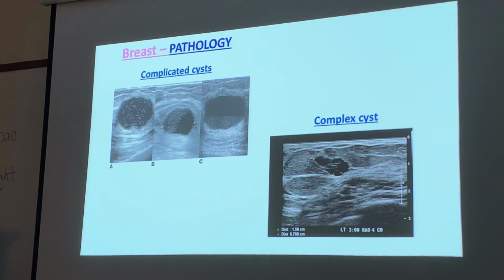Yes, ma'am. So the complicated cyst is older, or takes a while, it was a cyst, then became a complicated cyst. What about the complex? Well, I wouldn't say that. A complicated cyst may not have been just a regular cyst at first. Like if you have blunt trauma, like if you ran into a wall or something like that, or get in a car accident, that can cause you to have a hemorrhage in the breast. That's going to cause a complex cyst. It won't